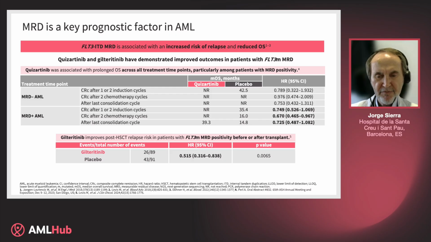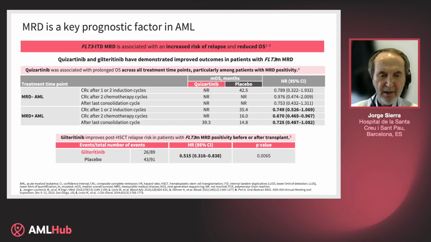The table is from the QuANTUM-First trial and shows how the MRD positive patients do benefit from the addition of quizartinib. You can see here on the right the hazard ratio of protection from death, and also in a